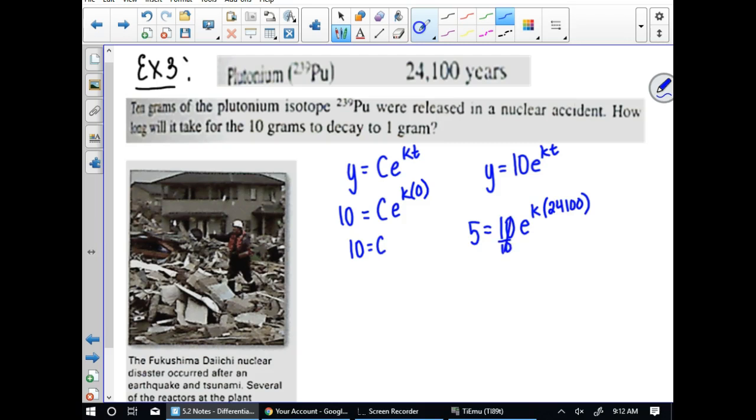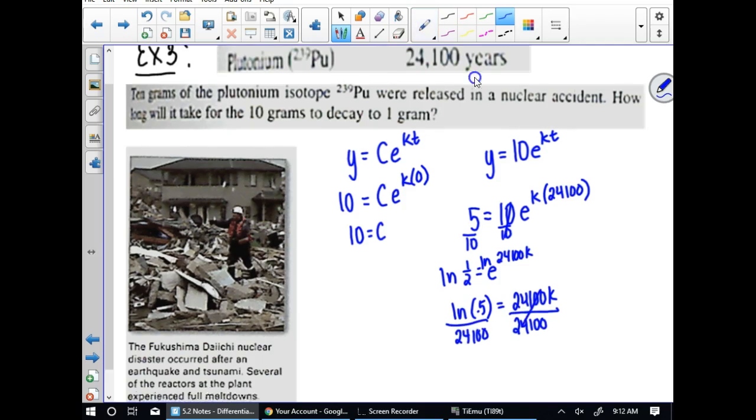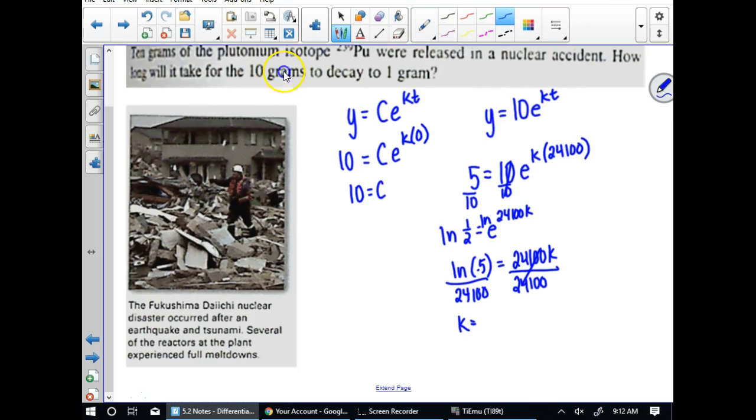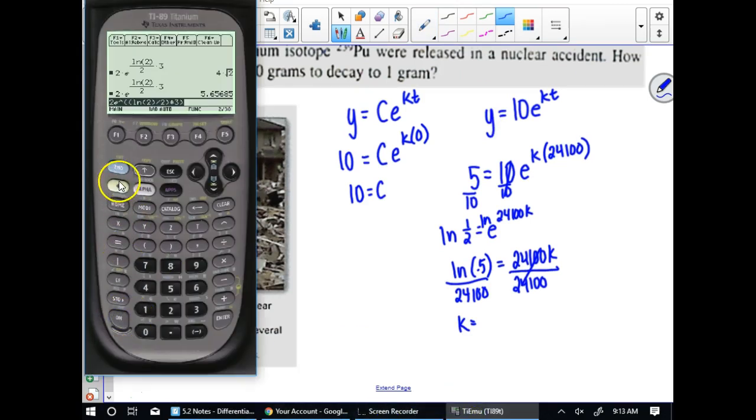So we would divide by 10. So we'd get 1/2 equals e to the 24,100k. If we got to get rid of that e, what do we do to get rid of e? Natural log of both sides. And then lastly, we'll divide by 24,100. I imagine this is going to give us kind of a crazy answer here. So we do natural log of 0.5 divided by 24,100. We're going to get negative